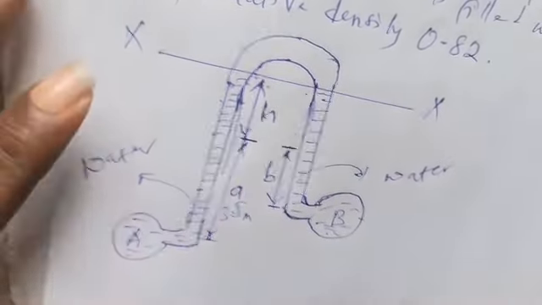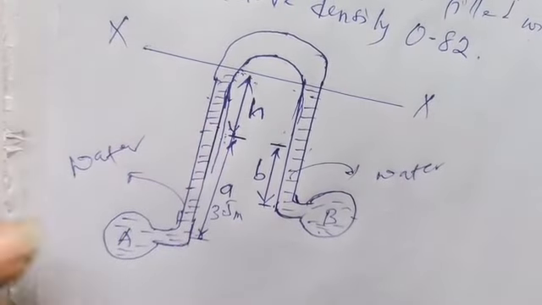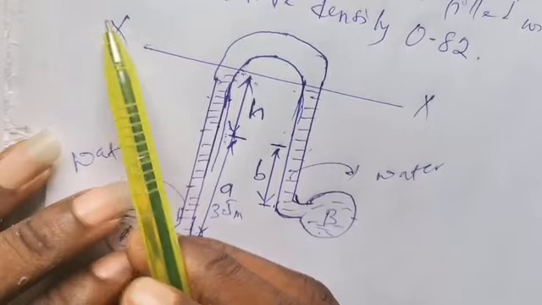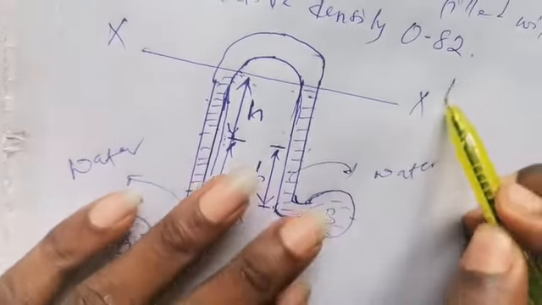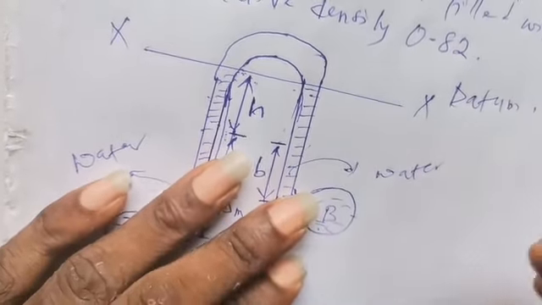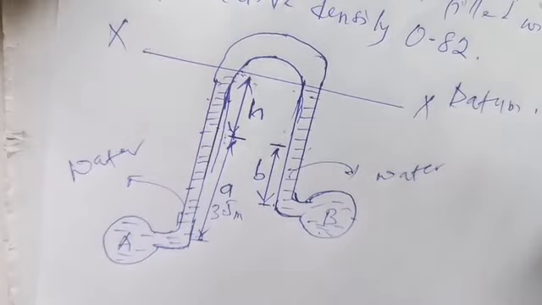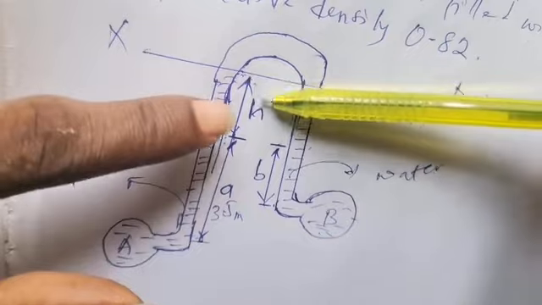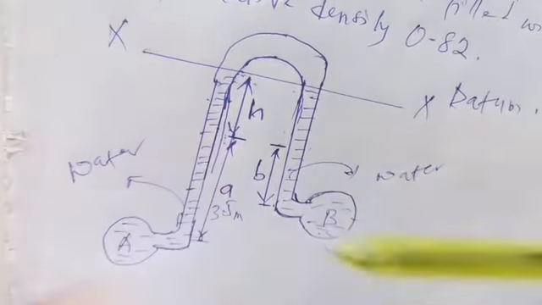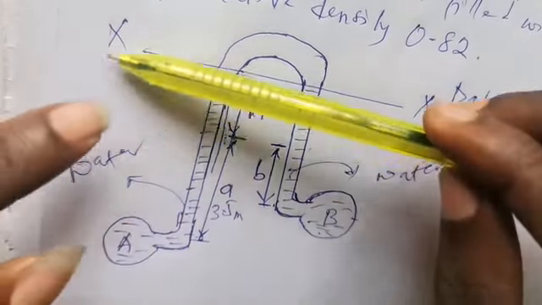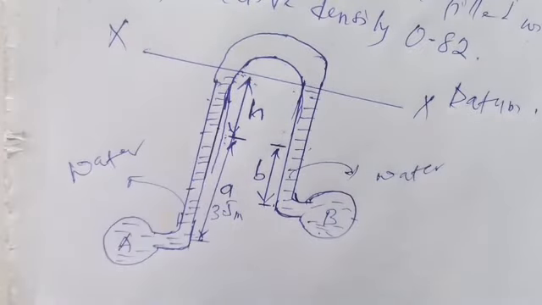Now, I've done a video on the inverted U-tube manometer, generally on manometers, and I said whenever you meet the datum line, this is called the datum line or reference line, that we don't consider fluids or liquids above the datum line. We are interested in every liquid below the datum line, in this case, since it's an inverted manometer. So every other liquid above the datum line does not concern us. We are working with everything we have here.